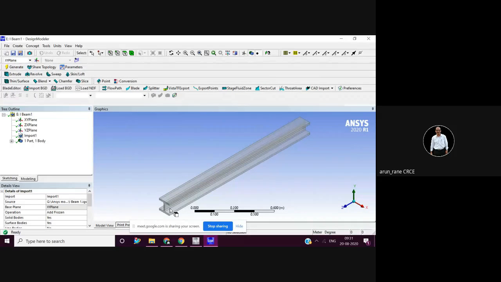So 25, 0.785 into 25, that comes to 19.625. So keeping this area the same, I have calculated the cross-sectional area of the I-beam and of the square so that the volume remains the same, and obviously the weight also remains the same. All right.